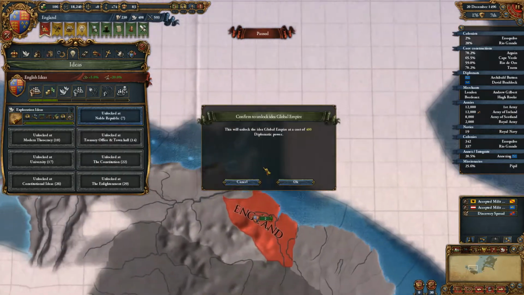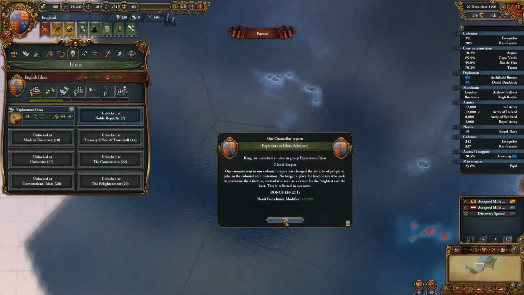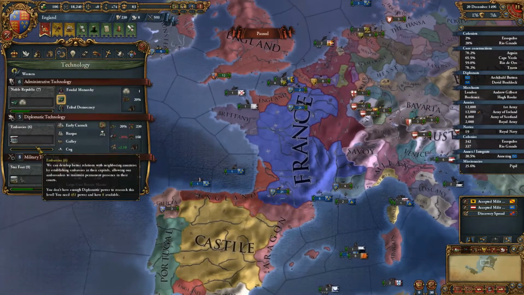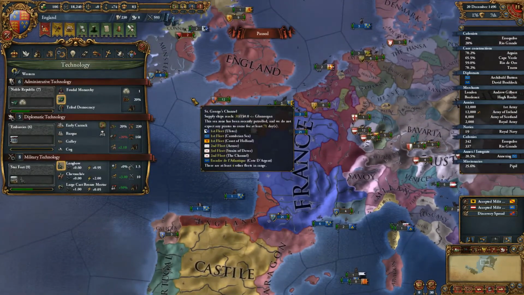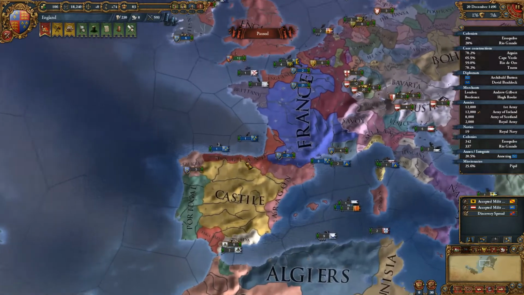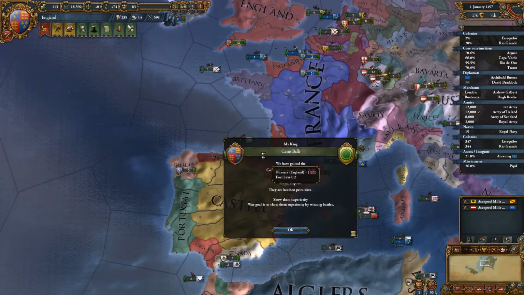I think we're actually going to take Global Empire, and the reason, once again, is that currently I do not have enough gold to actually justify getting embassies. So what we're going to do now is save up gold for the purpose of justifying getting embassies. So that's what we'll do. There's still 5 or 6 years until